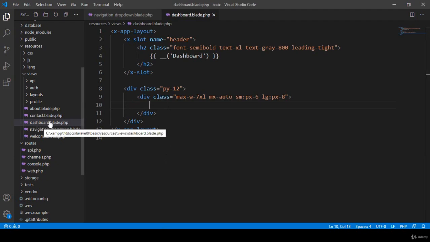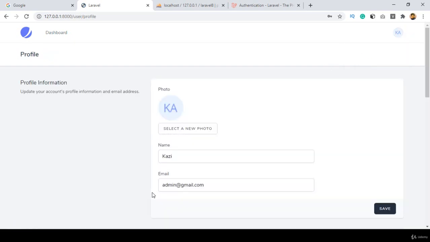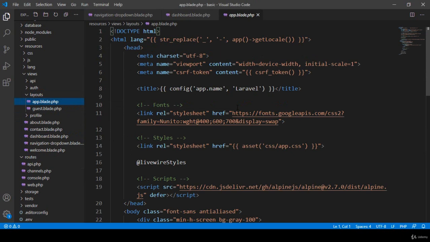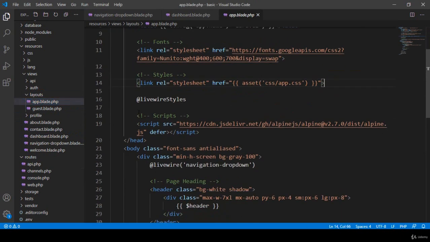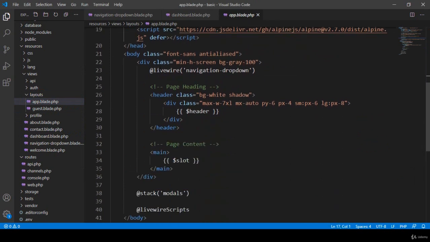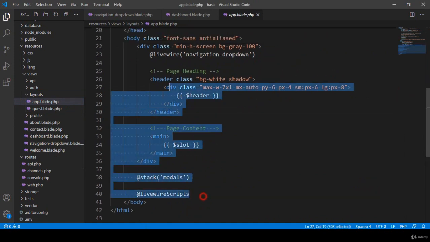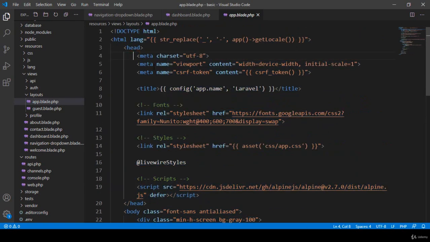So that is the file location. And also when you are logged in and go to your profile page, there is another file in the app layout, the app blade. In the app blade area you can see that it loads all our assets, CSS, library styles, and the CSS header. So that is our header part. So that is everything. Okay, don't worry, friend, I will discuss everything with you in the live